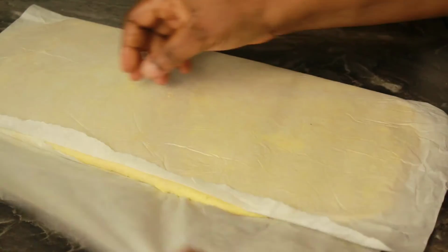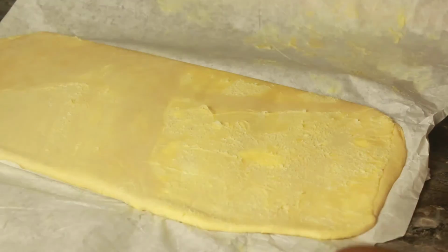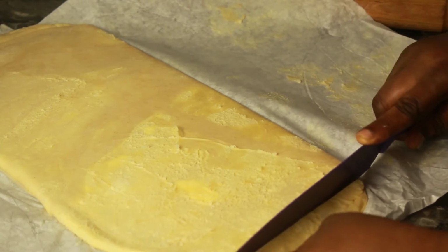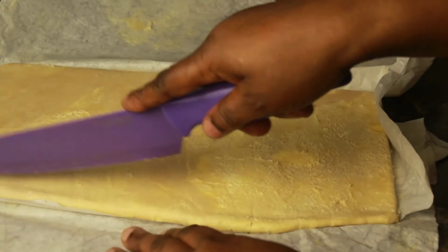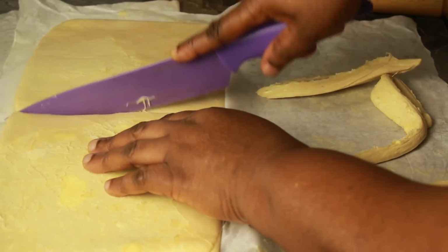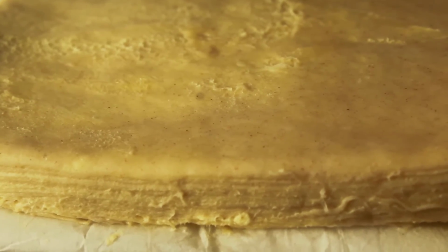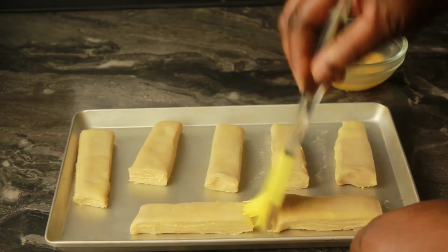Now let me show you. I'm going to cut into proper rectangle shape now. So this is how it looks like after the 5th time. Now I want to egg wash the dough,